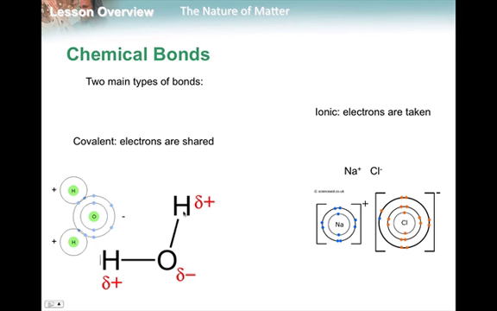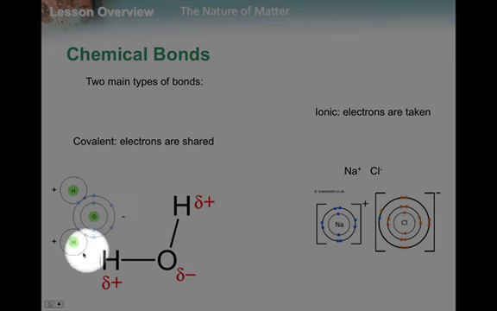There are two main types of chemical bonds: covalent and ionic bonds. Covalent bonds actually share electrons. So if you look at this particular diagram, you can see the two electrons right here are being shared between hydrogen and oxygen. Hydrogen has one electron. Oxygen needs two more electrons in its valence shell, which is the shell on the outside. And so what it does is it shares one electron with hydrogen and another electron with a different hydrogen to